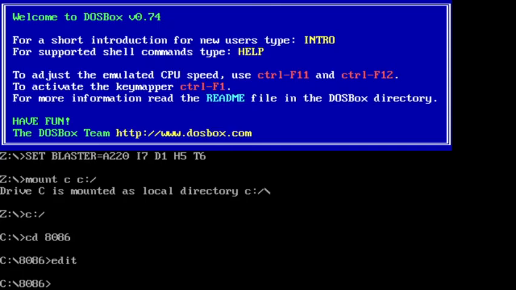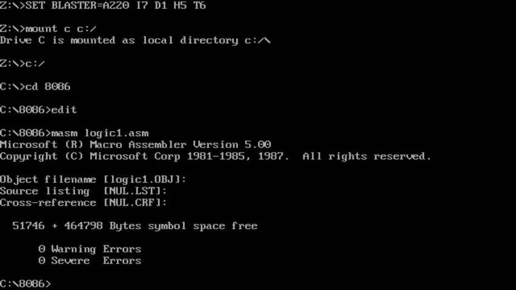Then you have to convert that assembly language into machine language. For that you use MASM, file name .asm, logic1.asm. It verifies whether there are any errors or not. No errors: zero warning errors, zero severe errors.